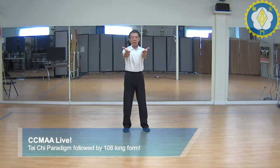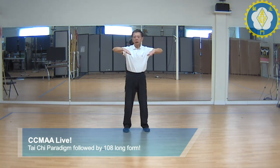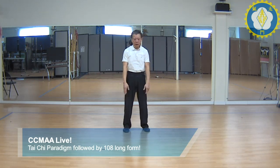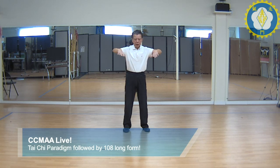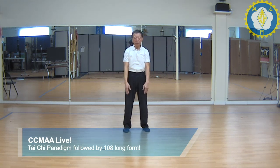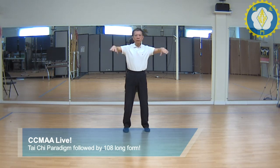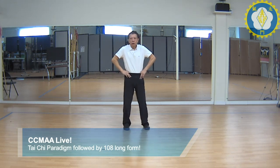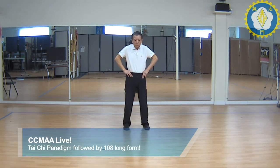Hands up, palm up, pull in, elbows out, up on your toes, and down. So you inhale as you expand, and up on your toes, and exhale. One more time, inhale, exhale. Okay, next, hands on your waist, shoulder roll, 2, 3, 4, 5,